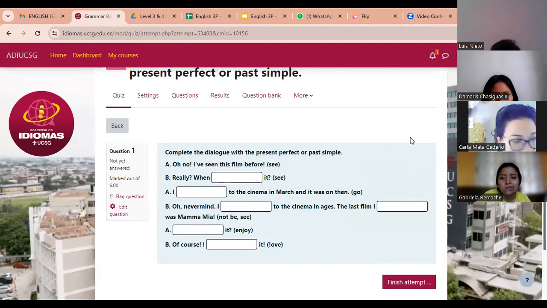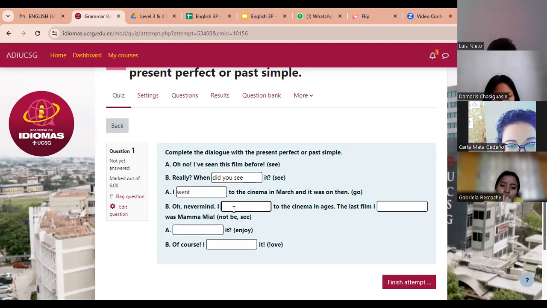Oh, that's the conversation. That's a very little dialogue, right? We were practicing. Oh no, I've seen this film before. Really? When did you see it? Oh, it's not capital letters. When did you see it? I went, right? Was it I went to the cinema in March and it was on then? Oh, never mind. I haven't been to the cinema in ages. The last film I saw was Mamma Mia. Did you enjoy it? Of course, I loved it. So that was